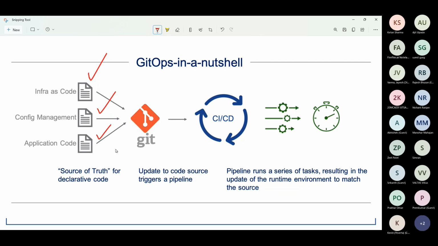So that's the reason why we are saying that it's a kind of substitute, that it's giving you a lot of benefits on top of DevOps. Whatever benefits we used to get with DevOps, the same benefits we are getting here. But the main difference is that now you don't have to manage a lot of things, whether it's a configuration management tool or particular changes. That's also something we will be able to handle and perform here. So that's the main benefit which we get with the help of GitOps.